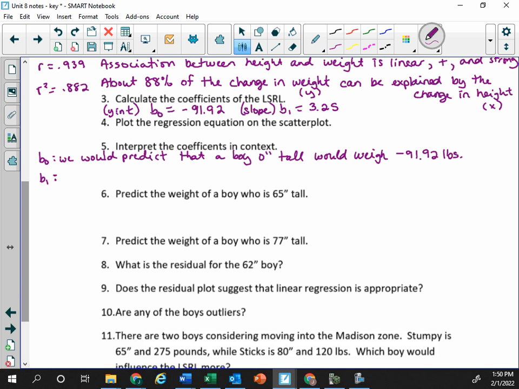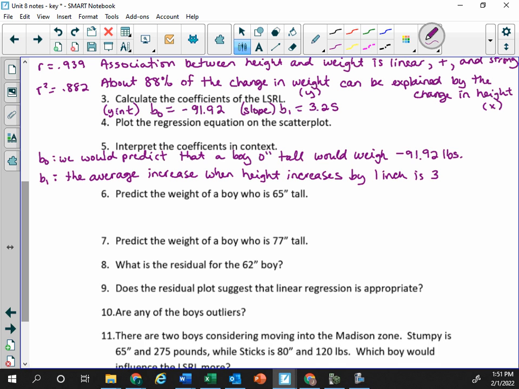So the way we word it, we say the average increase in weight when height increases by 1 inch is,